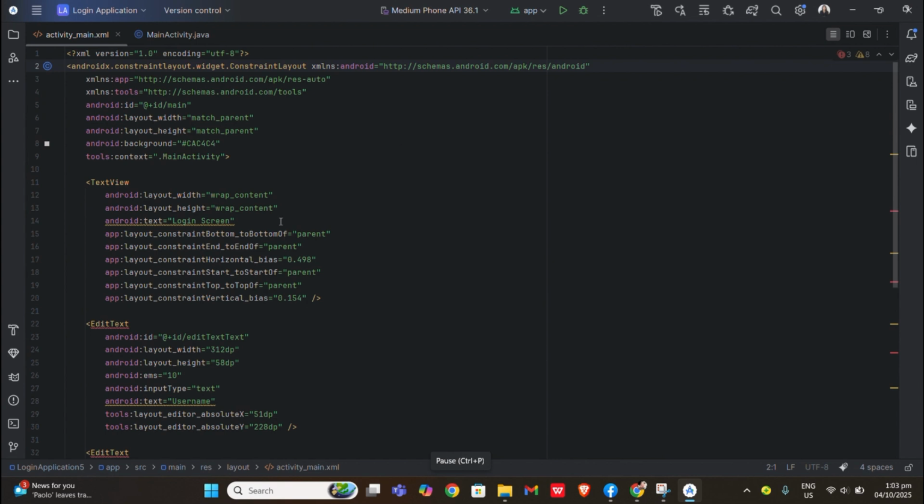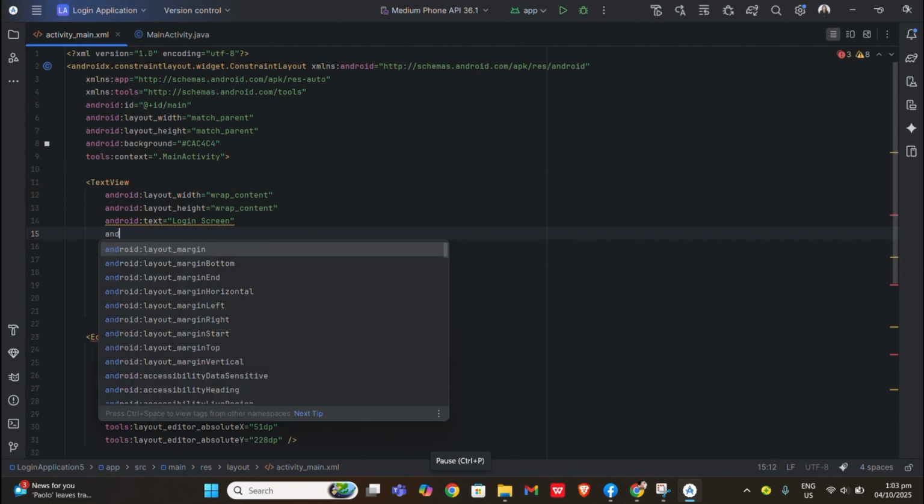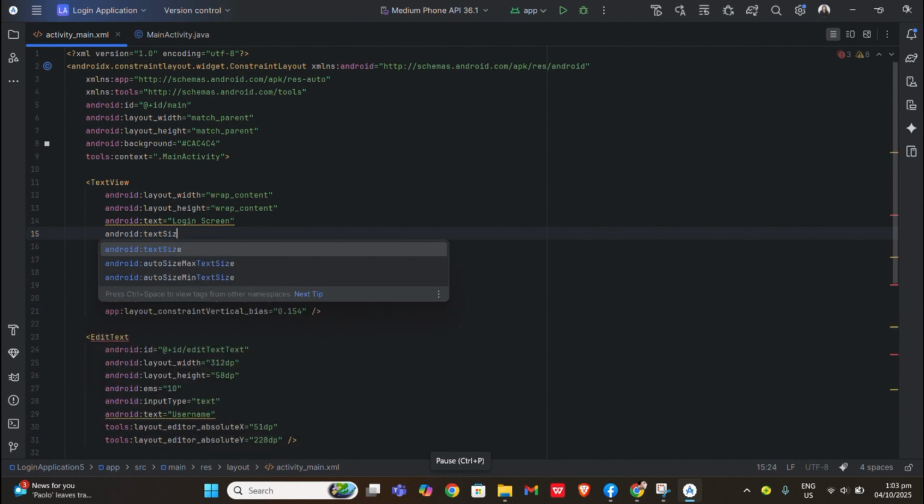We have to add text size to the code view in activity main. So android:textSize.